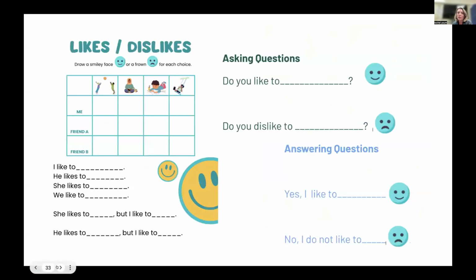And then I created this chart where they could go ahead and interview and do some smiley faces to practice our pronouns and our sentence frames, again, with those actions. And you can have those cards available to them. So it's basically taking one book and you can delve into it and maybe have 4 different lessons. I don't know how often you're working with your newcomers, but that's how I envisioned it.